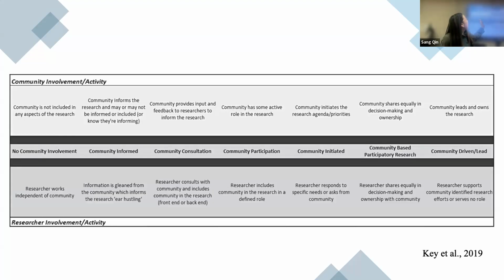They're talking about how at each stage, the community may be involved in different activities. So if you don't know what stage you are at when working with community partners, you can go back to where they are participating, and then we know, okay, this is where we may add the stage of community participation, or there's more community initiated. They're participating, designing the agendas of your research, or they're sharing equal power in making the decision with the researcher. So that's more at the community-based participatory research, which we hear a lot of times as CBPR. So those are different activities for helping you to know which stage we're at.